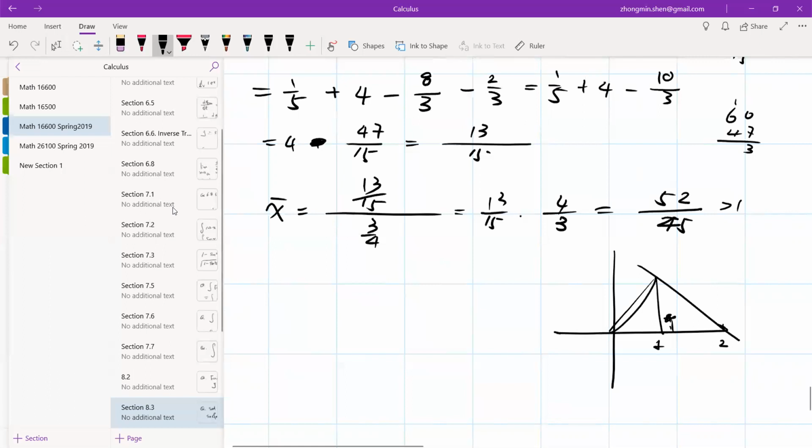The y bar should be less than 1, definitely less than 1/2. So let's be patient to calculate this. The integral from 0 to 2, half of,